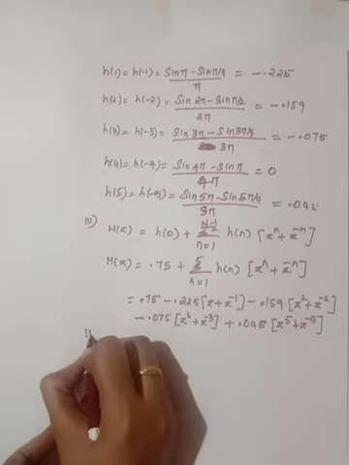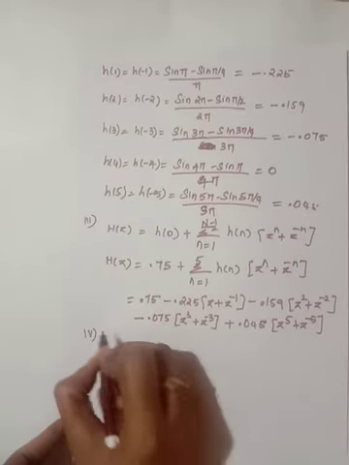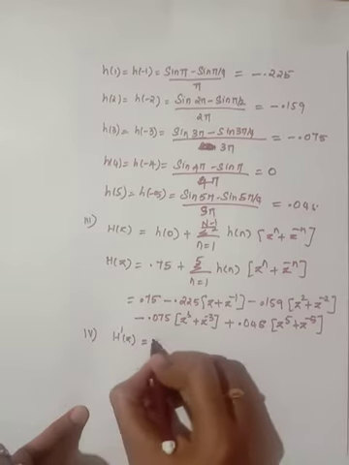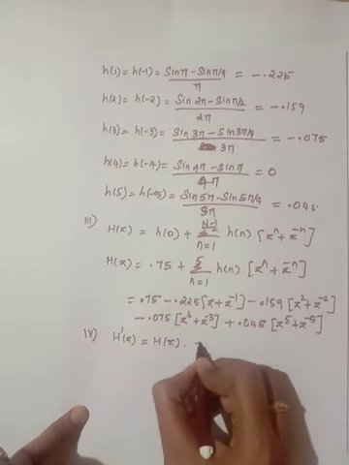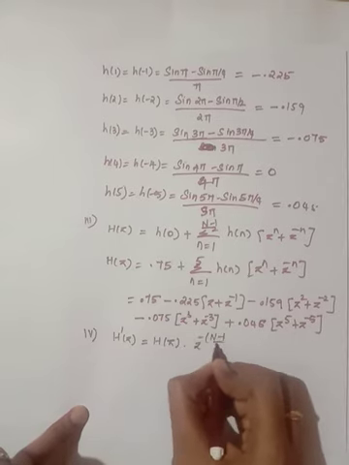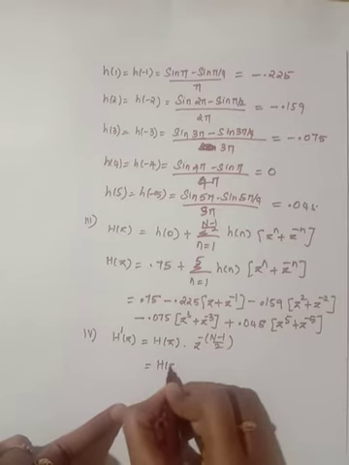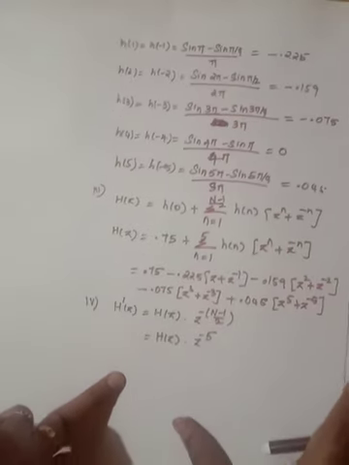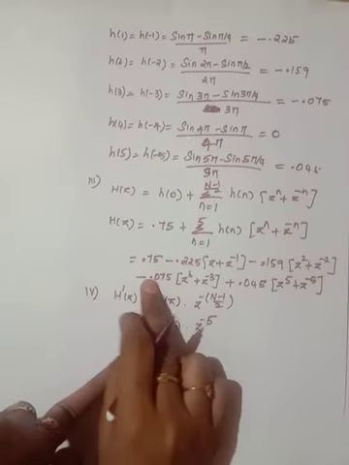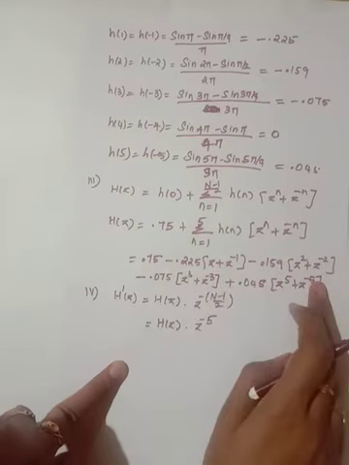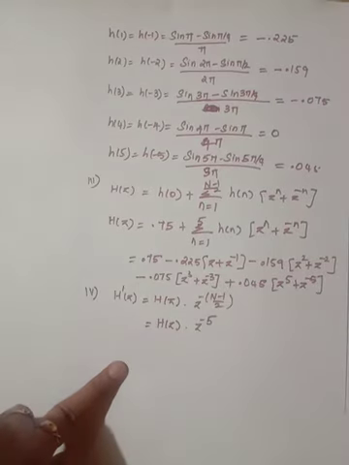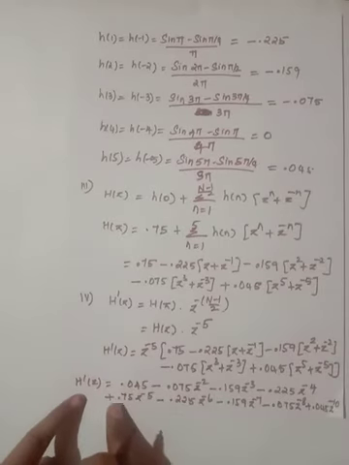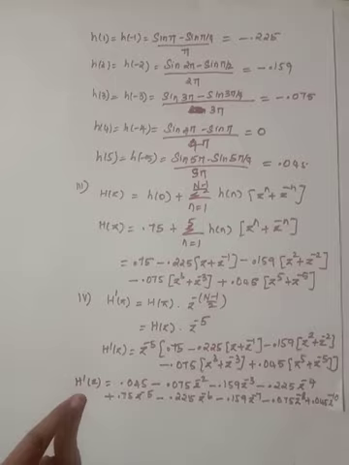Now this is the transfer function obtained after substituting the values. And the fourth step is what? This function is not physically realizable. So according to the design procedure, we need to find h dash of z, which is nothing but h of z into z power n minus 1 by 2. Okay. Now here h of z we have already found. When you substitute n, you will get z power minus 5. So we need to multiply z power minus 5 with this transfer function, and you need to write down the h dash of z. Now multiplying z power minus 5, I am getting this answer. Okay.